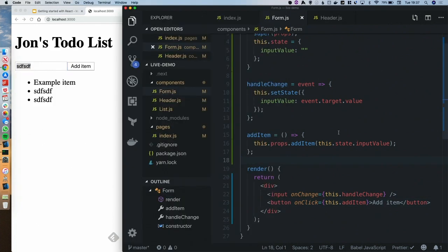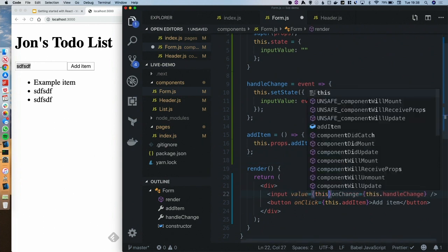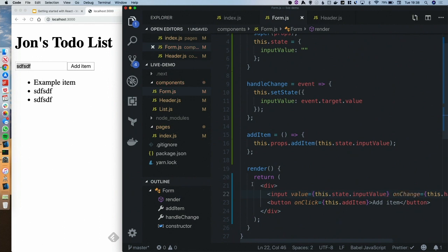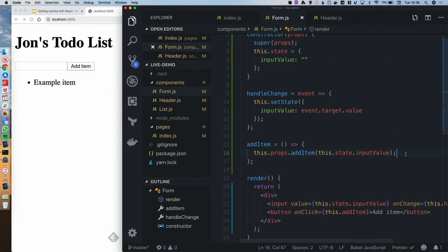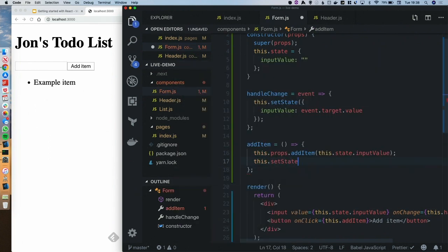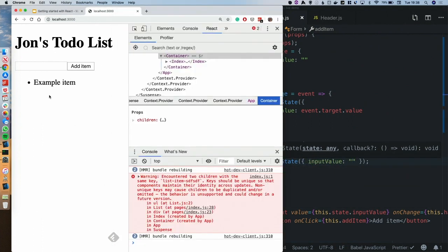So we can bind the value of this input field to this.state.inputValue. And then when we add the item, we can set state of the inputValue to an empty string,